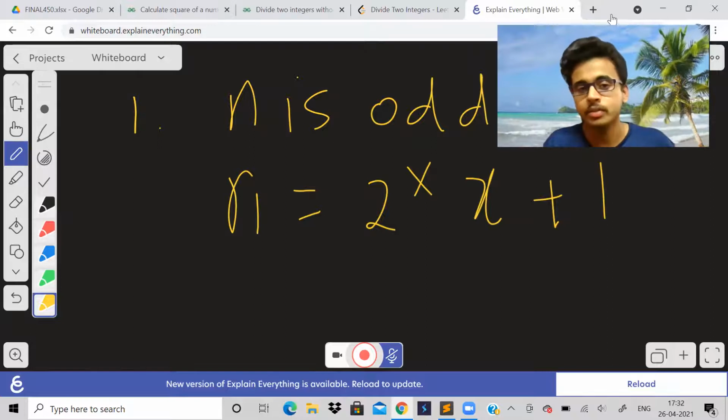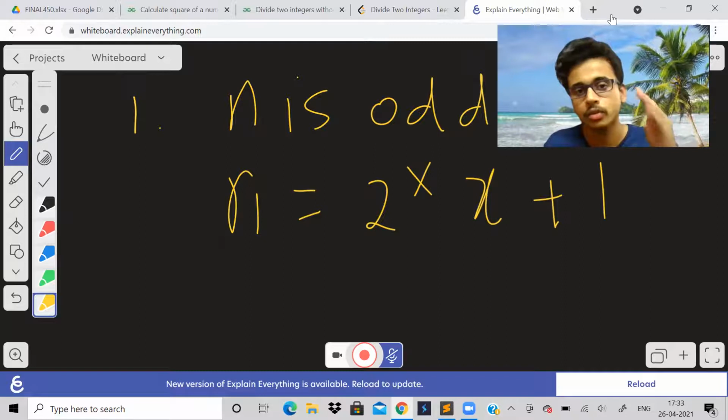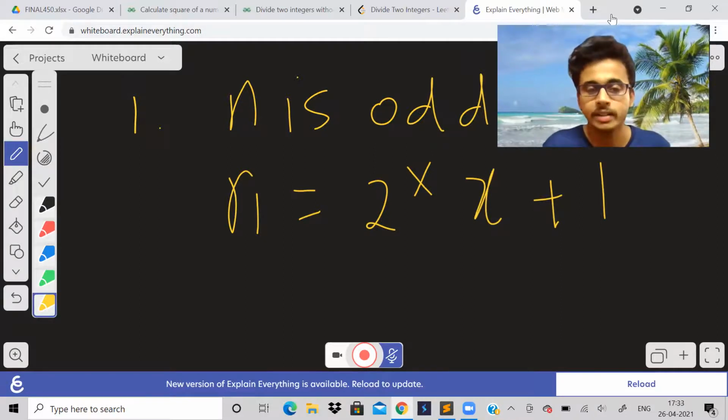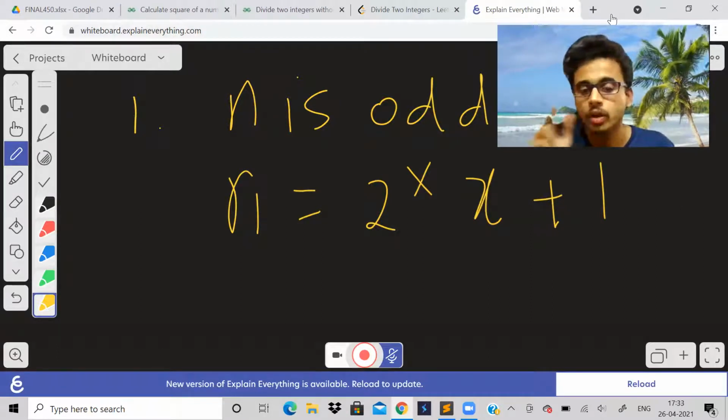Actually, this problem can be solved in log n time by using bitwise operators. Actually, the problem over here is we cannot use division. We can't use the division operator. But how to still achieve log n base 2 complexity? Just remember one thing, instead of using division, you can use bitwise operators. If you do bitwise left shift, it is multiplying by a power of 2. If you do bitwise right shift, it is dividing by a power of 2. So if you want to divide a number by 2, just do right shift 1.